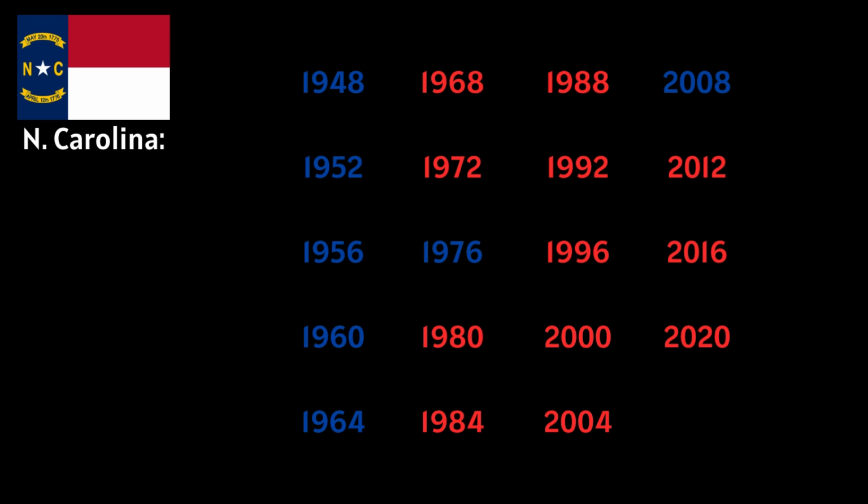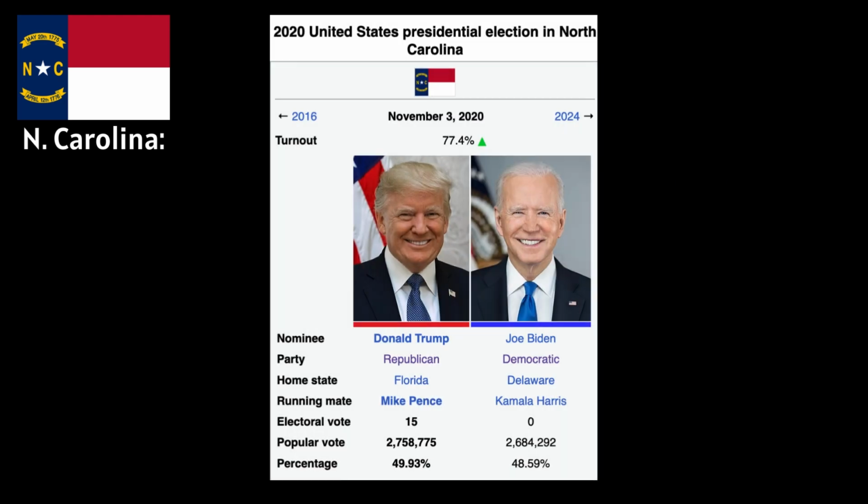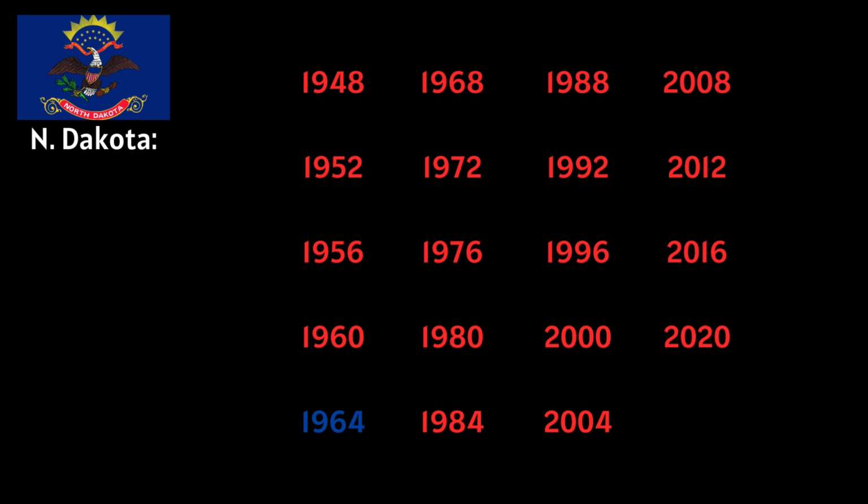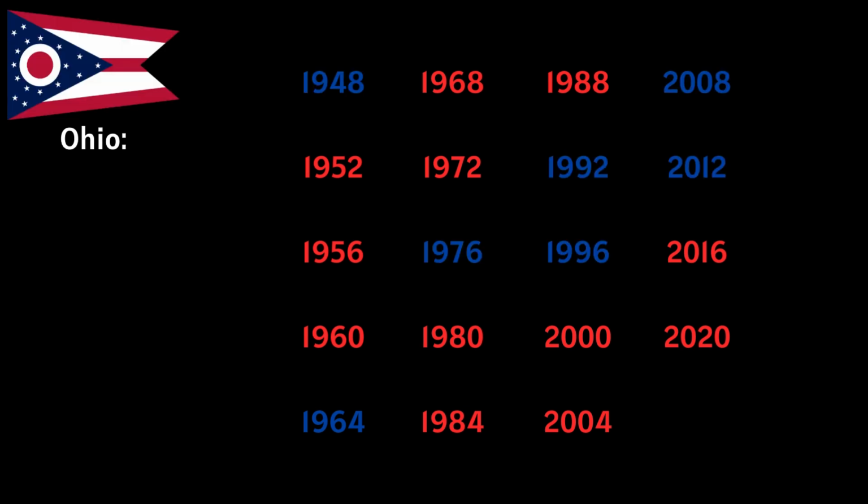North Carolina has become increasingly liberal, however, and the Democrats have come very close to flipping it in recent years. In 2020, Trump won North Carolina by less than 100,000 votes. North Dakota is one of the most conservative states, having voted for a Republican in every election apart from 1964. Ohio is a notorious swing state, and Ohio has not voted for the same party for more than 2 elections